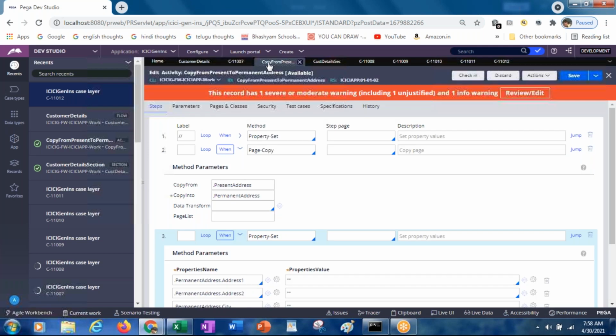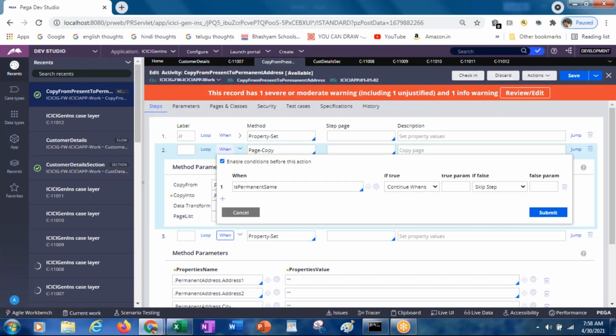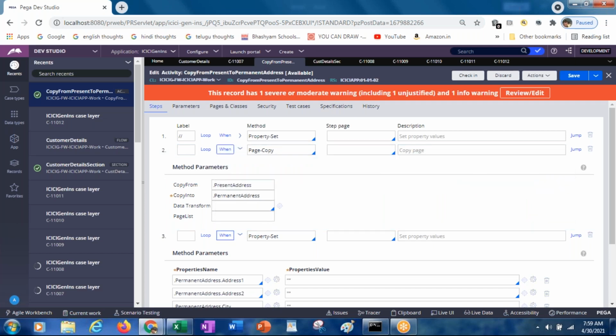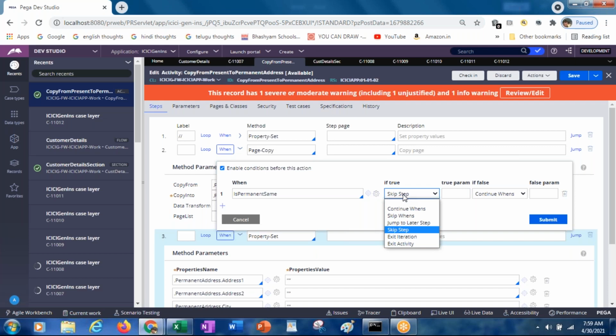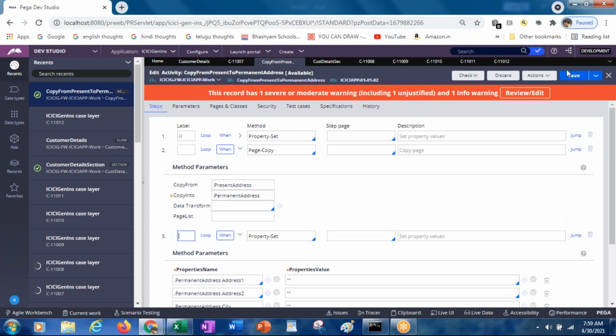Here in the condition, is permanent same. I think there we have given false, so skip step here, else continuance. So here continuance, else skip step.